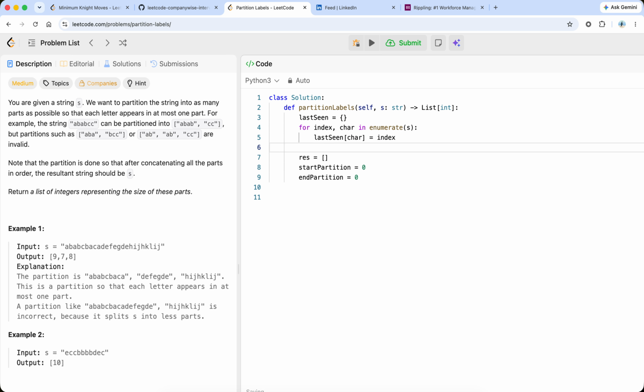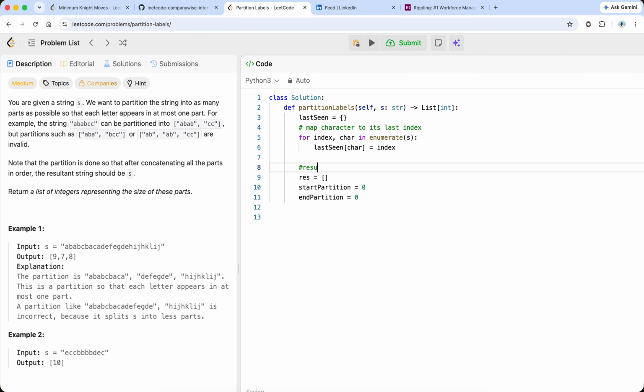Cool. So what we have so far is a map from character to its last index, and then we have our result array as well as our pointers for the partition. All right. Now what we do is we loop through the string again, s, and we have to do it using enumerate because we want the index as well as the character. For index, char